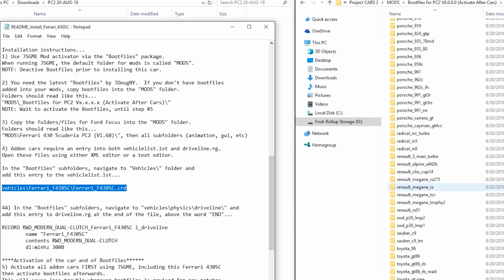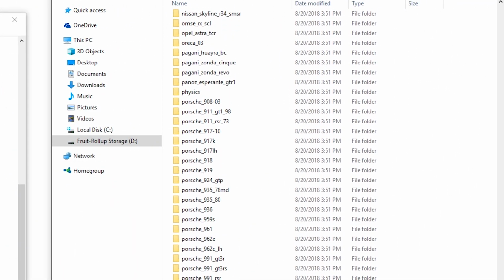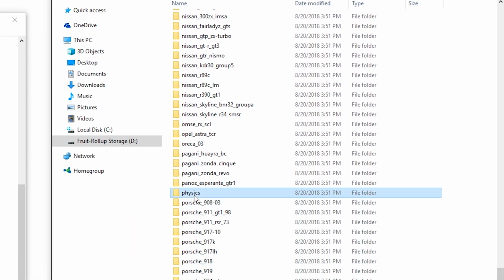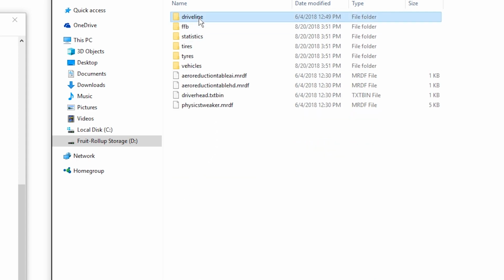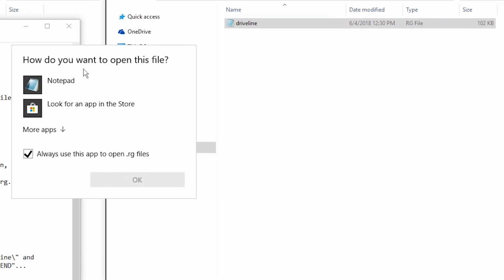and then you want to save and you can close vehicle list. Now going back into the vehicles folder in the boot files, you want to scroll back up until you find physics, go into there and go into driveline, and then also open this file with Notepad